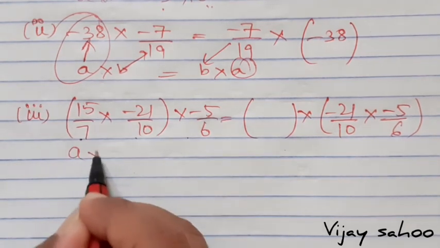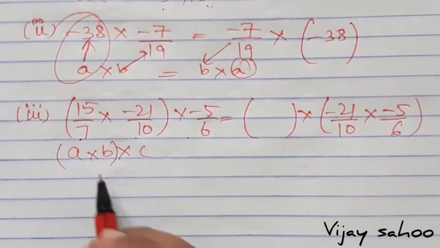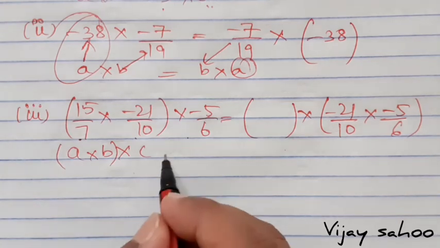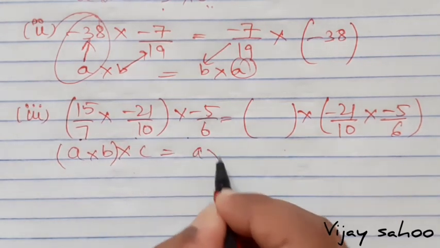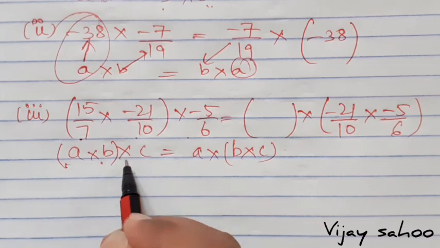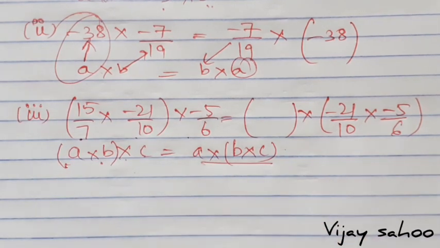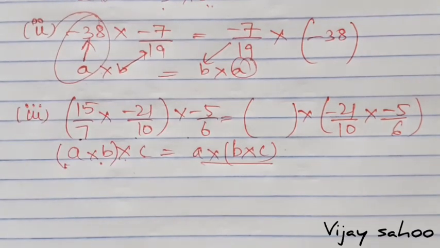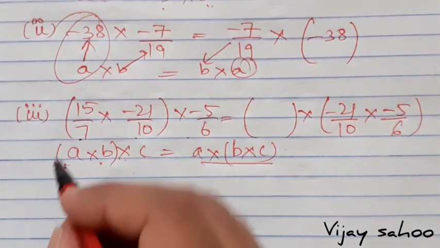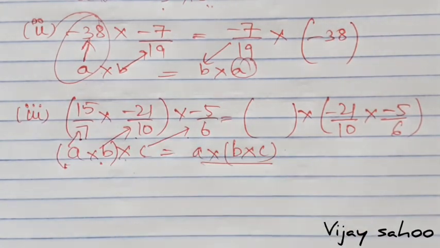In this question, there are a total of 3 terms A, B, C. So here A multiplied by B multiplied by C. It means it is having a bracket in the first 2 terms. So we know that according to the associative law, it can be made in any order. So you could see that A multiplied by B multiplied by C can be written in this form. So we'll first of all identify what our A value, B value and C value are. First one will be your A, second one will be your B, and third one will be your C.